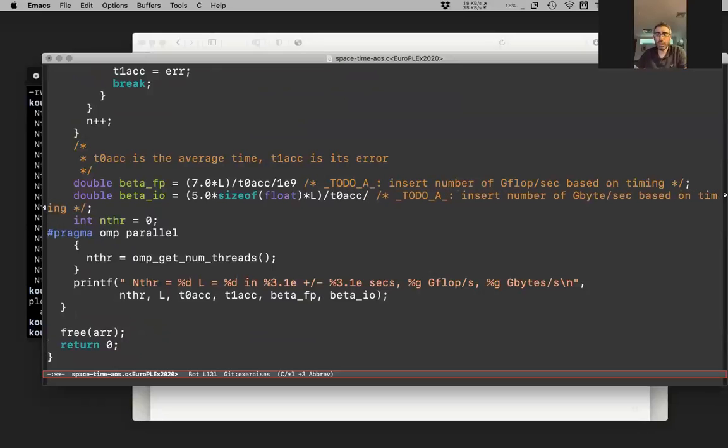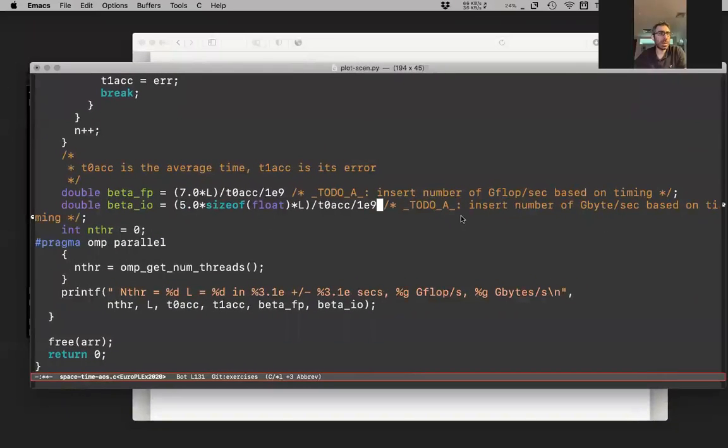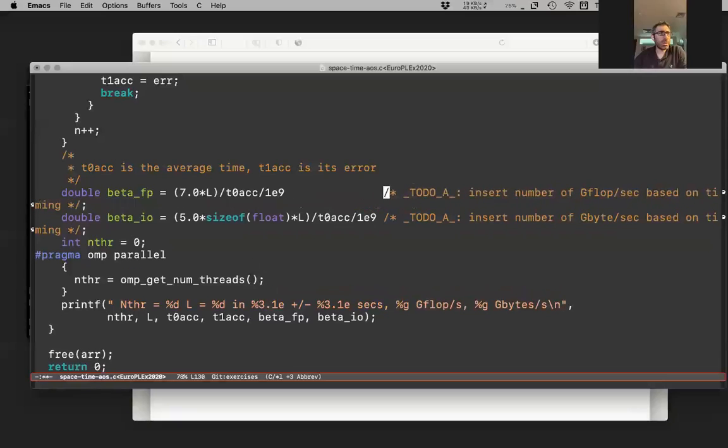And okay, this could be 1024 to the 3, or just 10 to the 9. It doesn't really matter that much. Depends on